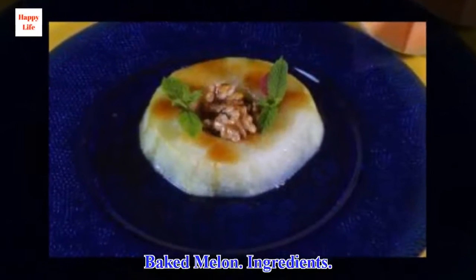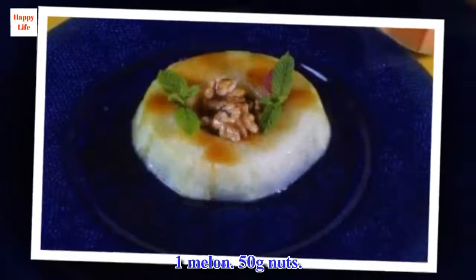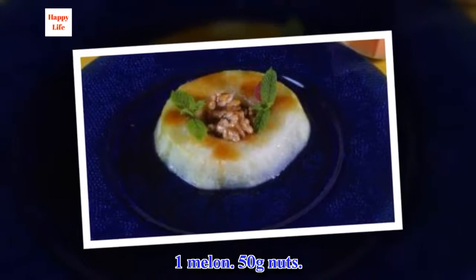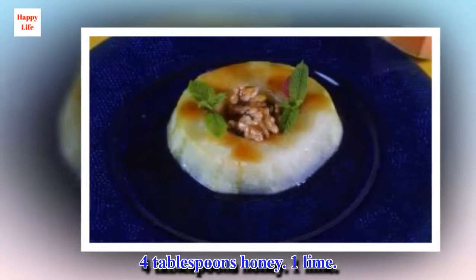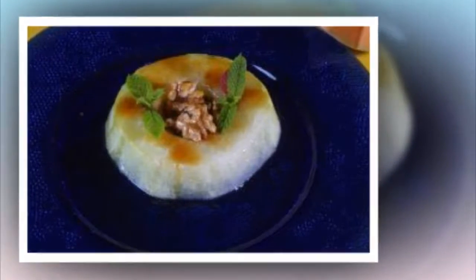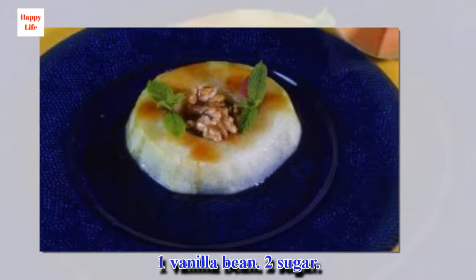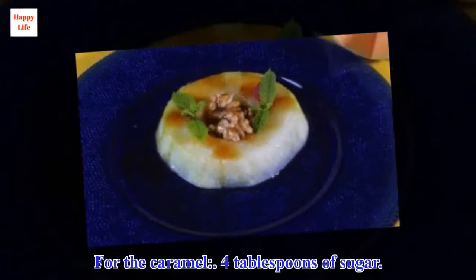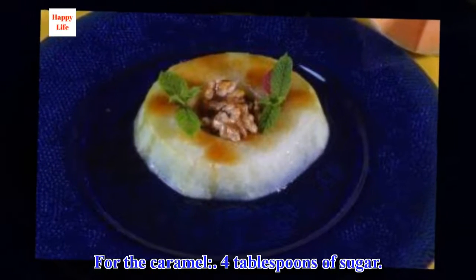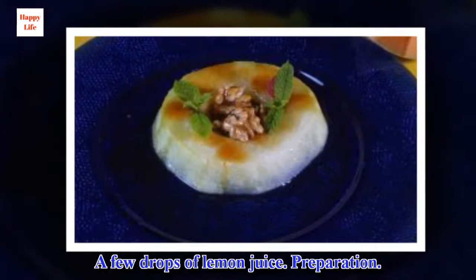Baked melon. Ingredients: 1 melon, 50 grams nuts, 4 tablespoons honey, 1 lime, 1 vanilla bean, 2 tablespoons sugar. For the caramel, 4 tablespoons of sugar, a few drops of lemon juice. Preparation: